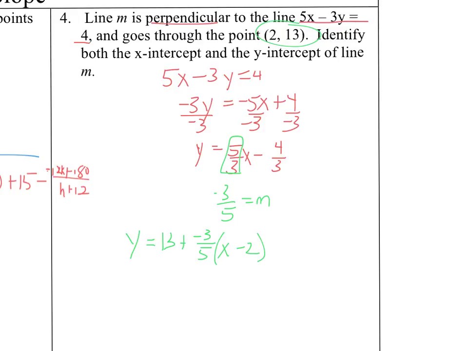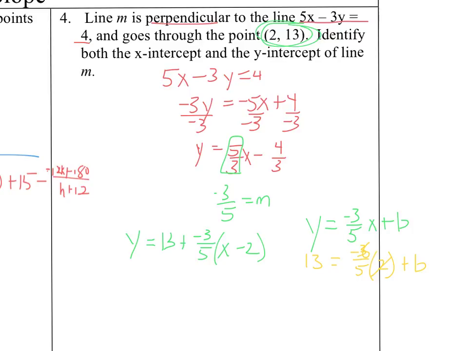And another way of writing this would be y is equal to negative 3/5 x plus b, and plugging in this point in order to figure out what b is. So 13 is equal to negative 3/5 times 2 plus b. 2 times negative 3/5 is going to be negative 6/5, and I've got to add that to the other side. So 13 plus 6/5